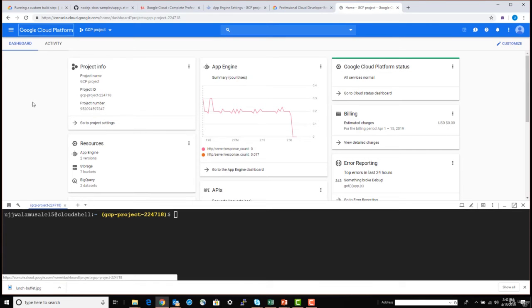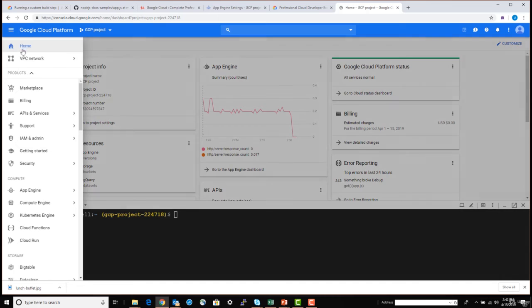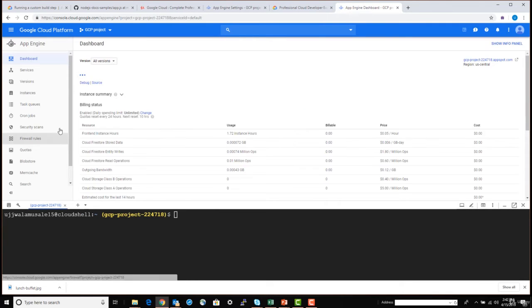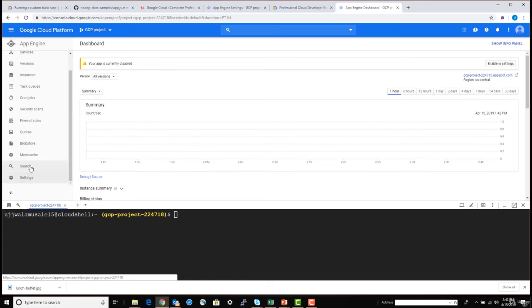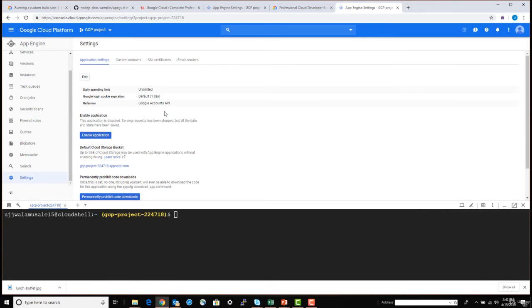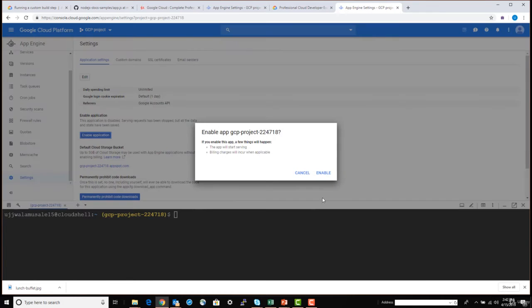Okay, let me go to App Engine Dashboard and settings. So my application is currently disabled. I need to enable this application.